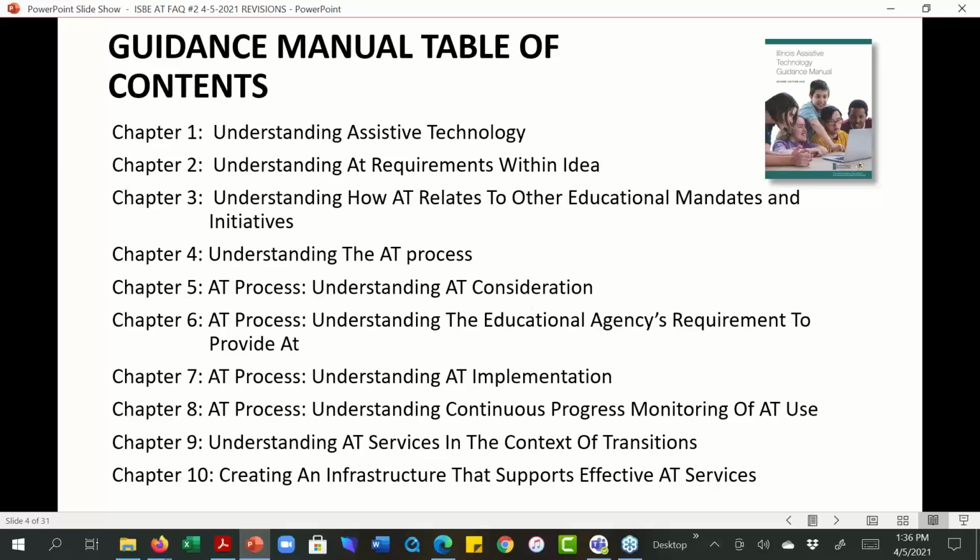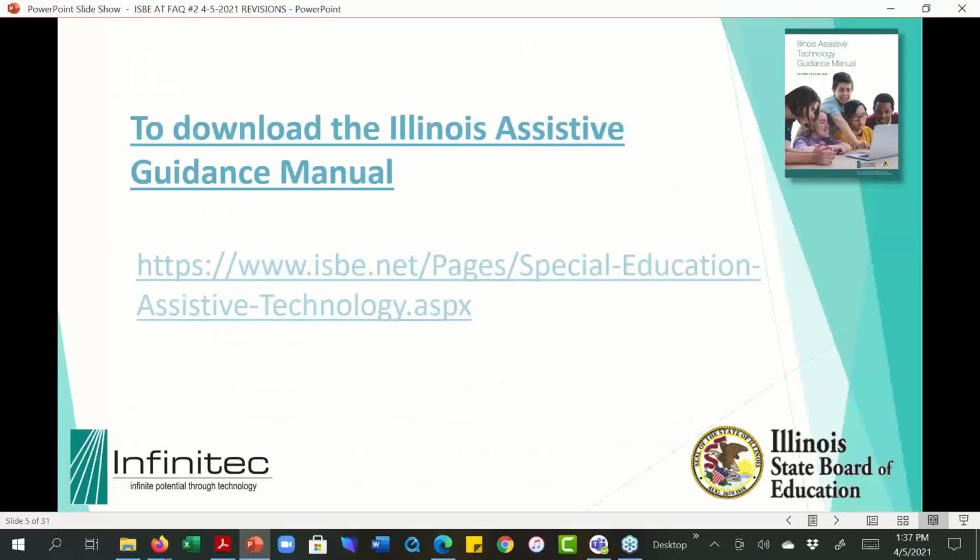So one thing that you won't find in every state's guidance manual is some of the chapters, like chapter 7, which talks about understanding AT implementation, chapter 8 that talks about understanding continuous progress monitoring, and chapter 9 that talks about transition. So we're proud that this particular guidance manual has a lot of that kind of detail in it, as well as the procedural and compliance questions that you may often have.